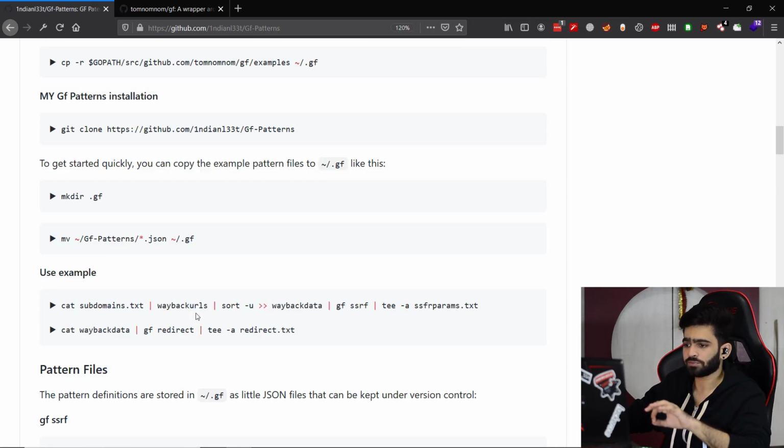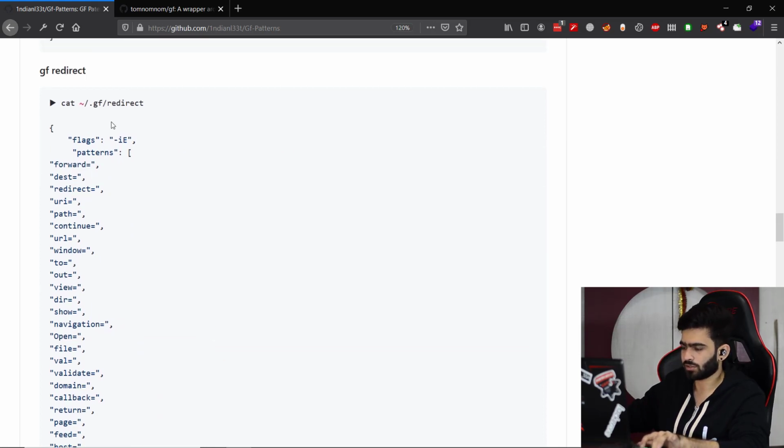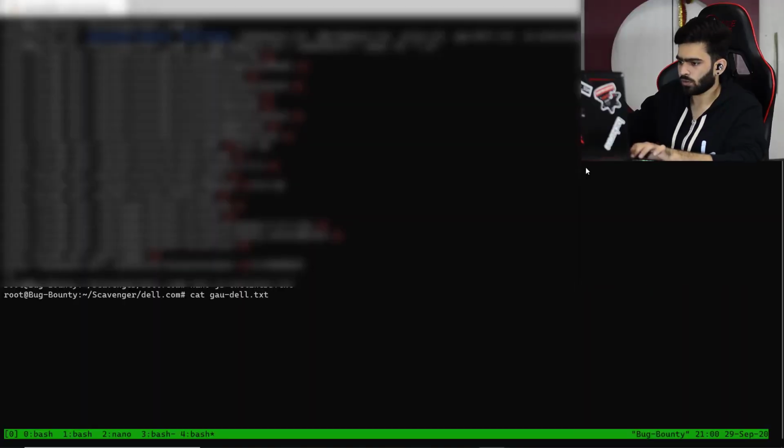So what it does is, let's just see it live. Only for the first 1000 links, because I do not want to crash this as we had experienced in one of the videos. So it will fetch the first 1000 files and perform anything on that, and just GF, let's say SSRF.